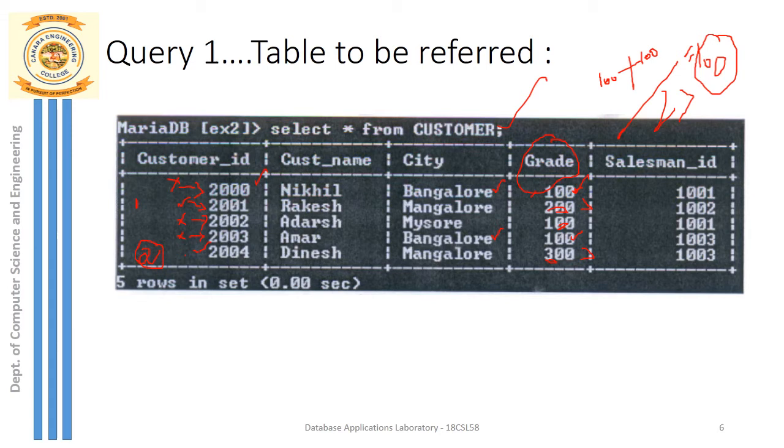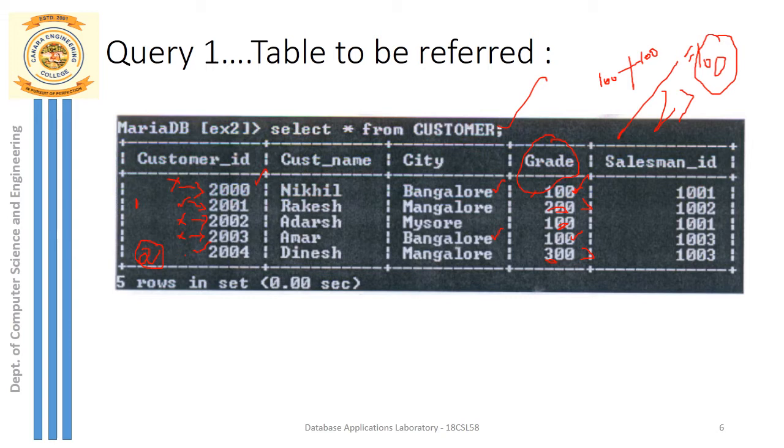Now just calculate the average grade. How do you calculate the average? I hope it is very clear. Only 2 grades you have there, both 100. The average is divided by 2, and the answer you get is 100 again. So the average grade that I have just calculated is again 100. This average value 100 now has to be compared with each and every customer's grade value.